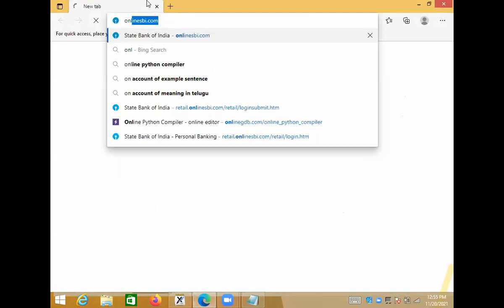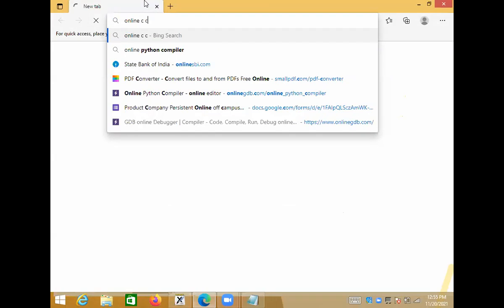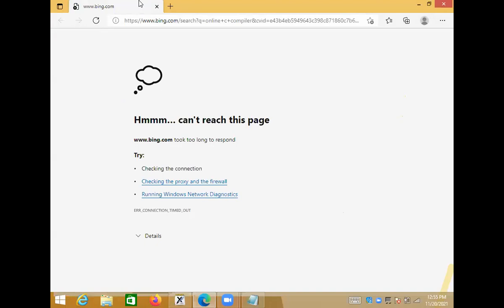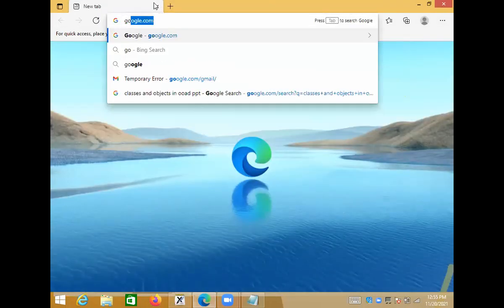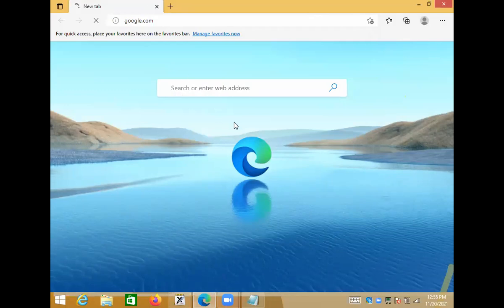So online C compiler. Yeah, Edge is very slow. So I'll go with Firefox.